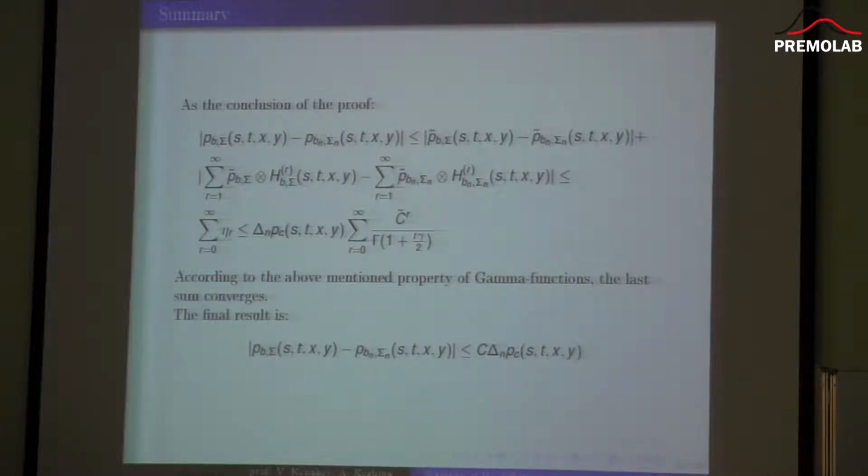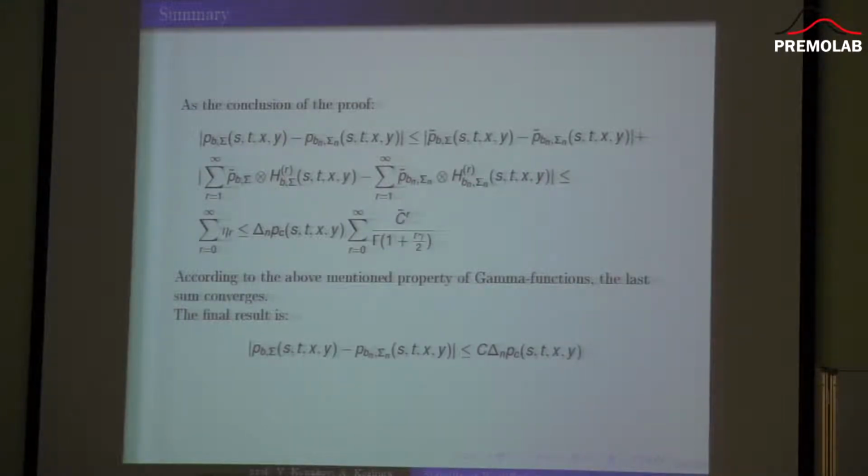We want to estimate the difference between transition densities of the process. It's less than the difference between main parts plus the difference between series. Actually, we've proved that it is less than the sum of eta r from 0 to infinity. But we know the estimation for eta r, so it's less than this. Fortunately, according to the mentioned properties of the gamma function, the last sums converge. So in the end, we will have the result mentioned in the statement of the theorem: